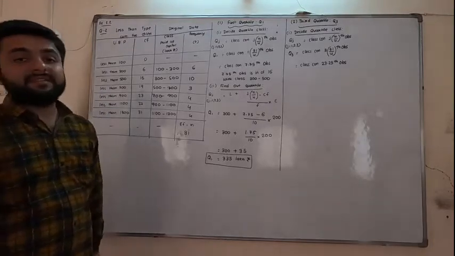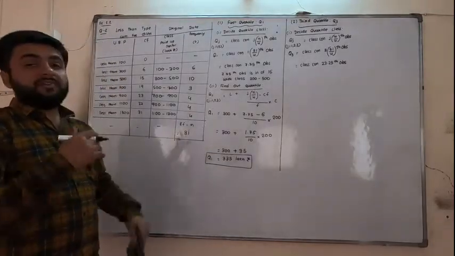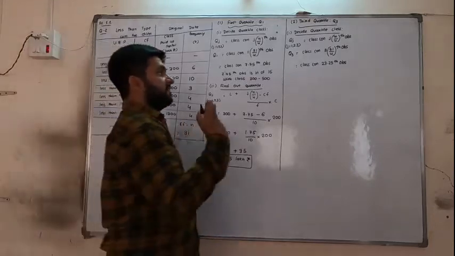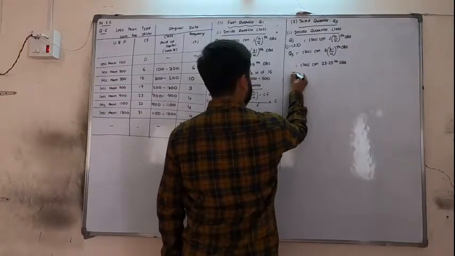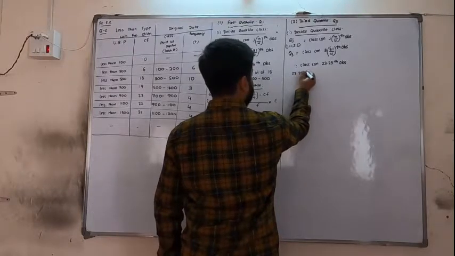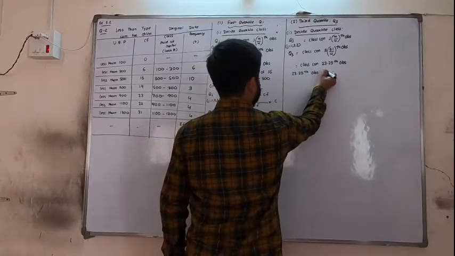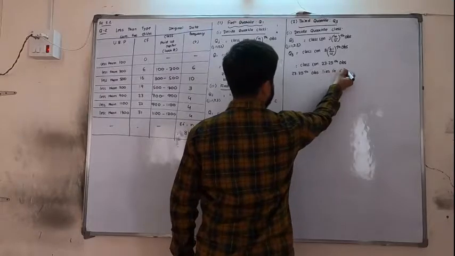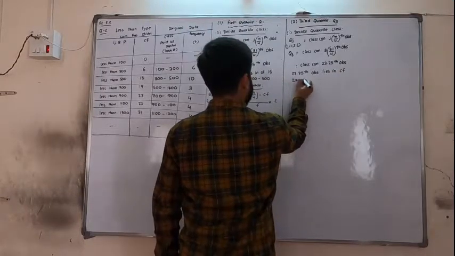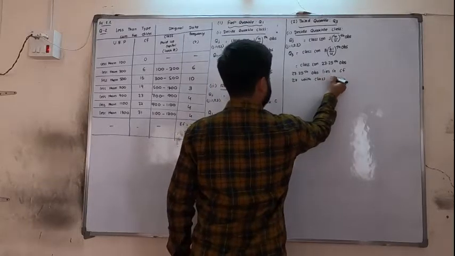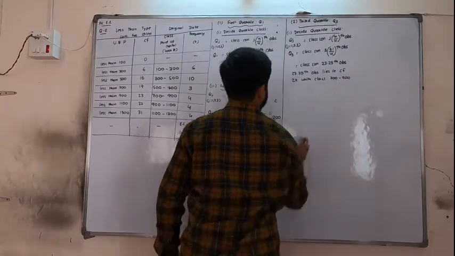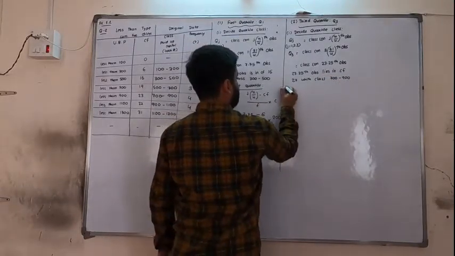But if it is discrete, then we can adjust that as we were adjusting in the previous chapter, but it is not required here. So the 23.25th observation lies in CF 27 with class 700 to 900. Second step,